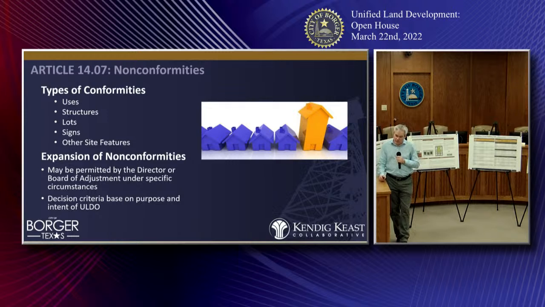Non-conforming structures are another one where, say there was a side setback of 10 feet that was required somewhere, but the building has been there forever and is really only 5 feet from the side property line. So that building could be expanded in the future, but it would have to meet that 10-foot setback on the side rather than being built continually along that 5-foot setback where it currently is. So there is some wiggle room in there and flexibility for uses and structures and lots and signs and other features when they're not conforming, but generally they have some parameters set on them where they can't expand.